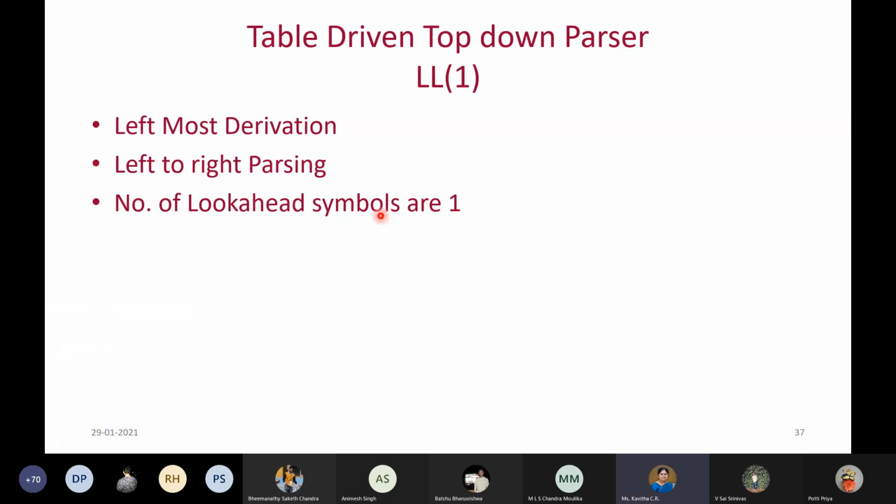Okay, in the last class, we solved some problems related to computing the first and follow sets, and also we solved one problem based on recursive descent parser. Recursive descent parser is one of the techniques used in top-down parsing.